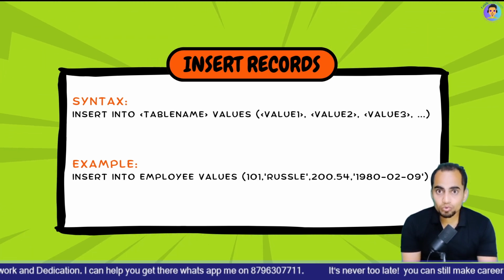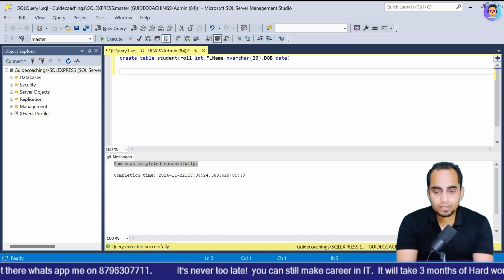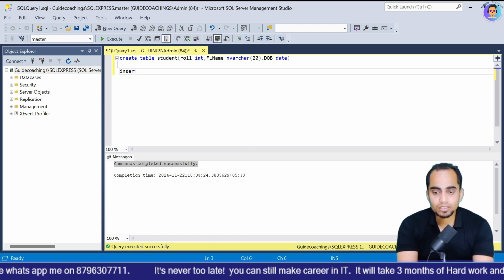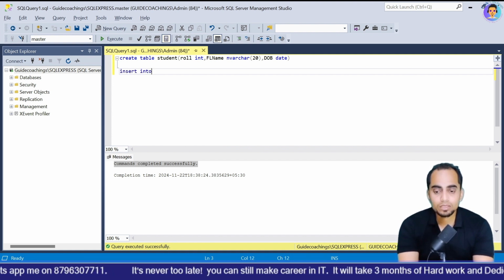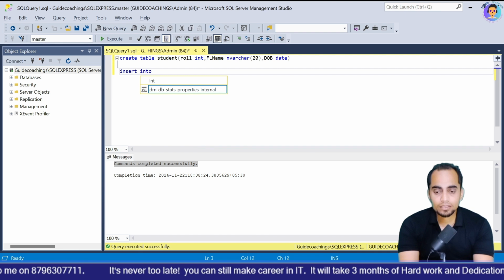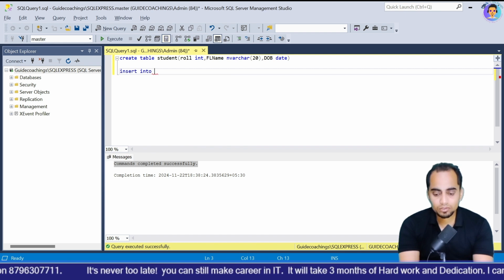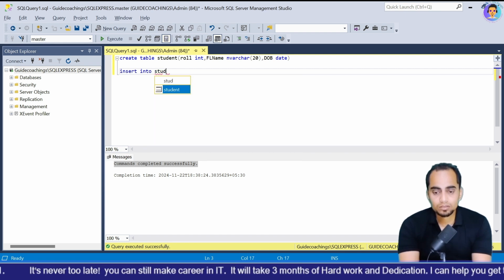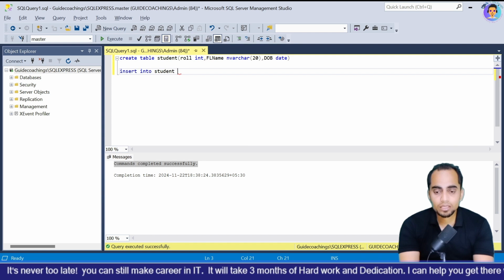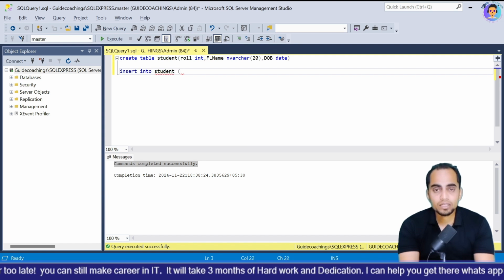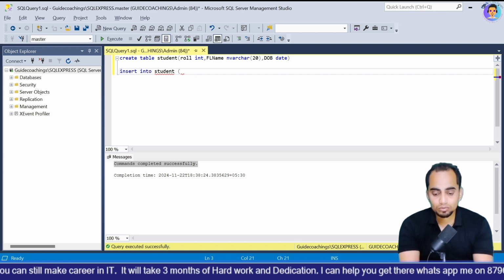I'll show you what I am talking about. So here we will be inserting the value. So insert into, then over here I'll write the table name. What is my table name? I have student. I'll select it from here, and now if you see, I have roll number first. Okay, so insert into, and then I'll say